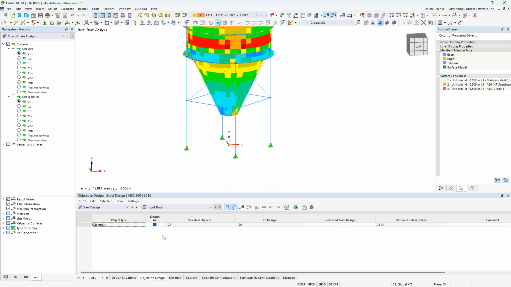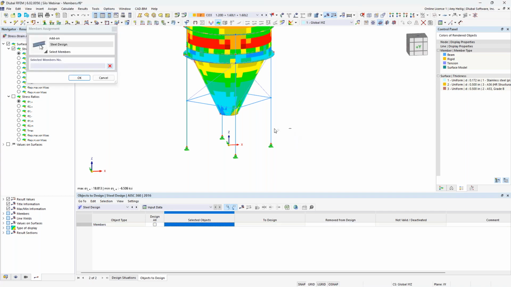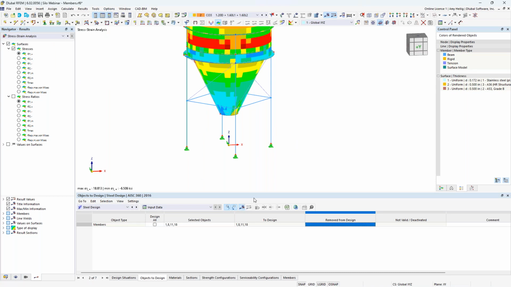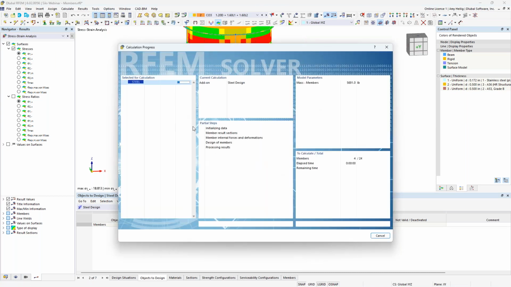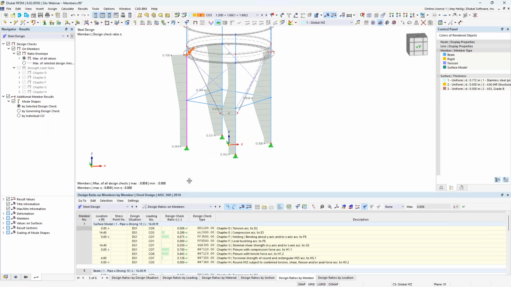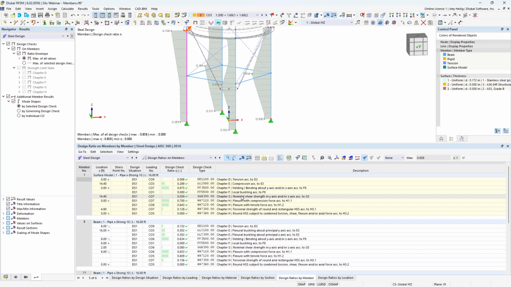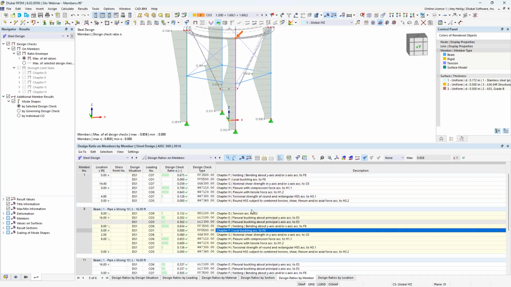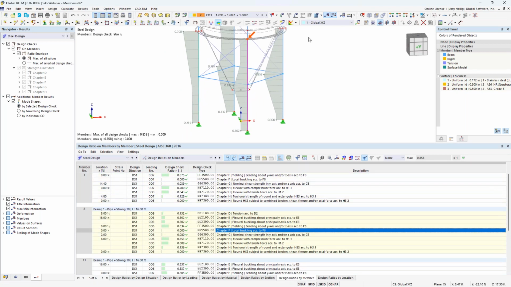Under the objects to design, I'm not going to design all members. Rather, I'm just going to go ahead and graphically select here my 4 vertical columns, and I can run my calculation. Now, I already have my internal forces. It brings it into this add-on. It applies the AISC equations to ultimately give me my design ratios here for each one of these members. So again, notice within this table, everything is synced up graphically,